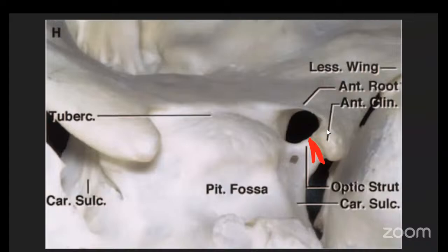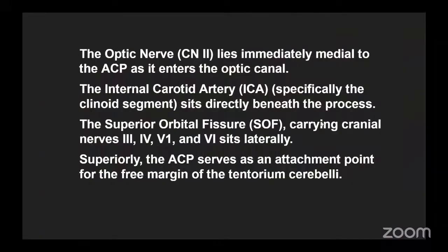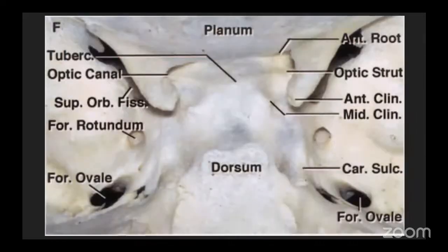Then we have the superior orbital fissure, which sits laterally, and it carries the third, fourth, V1, and sixth nerves. Then superiorly, the ACP serves as an attachment point for the free margin of the tentorium cerebelli. Unfortunately, I did not include an image for the tentorium cerebelli, but I'm sure you all remember